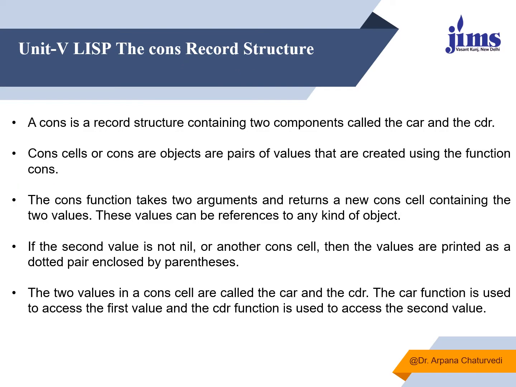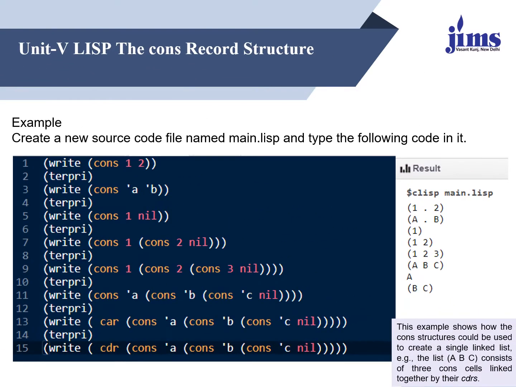And cons is used to build a list. This is an example where we write cons 1, 2. It means I want to create a list which has two values, 1 and 2. Again, this is a list: cons 1 nil, only 1 is over there. Cons 1, within this another list, cons 2 nil. It means the first element is 1, and we construct another list within this which has only 2 as a value. So 1, 2 in the list. Cons 1, cons 2, cons 3 nil gives 1, 2, 3. Cons A, cons B, cons C nil.